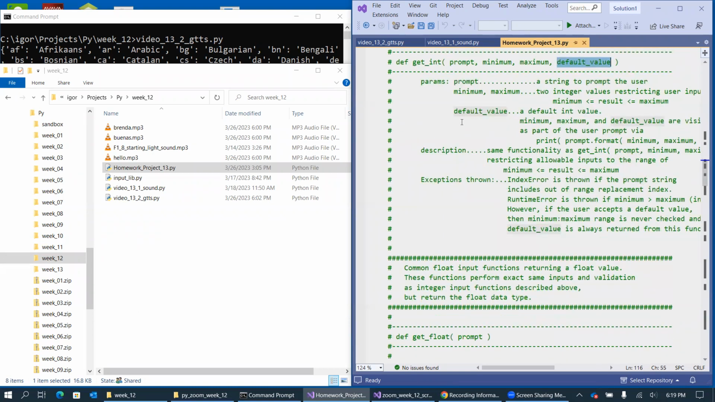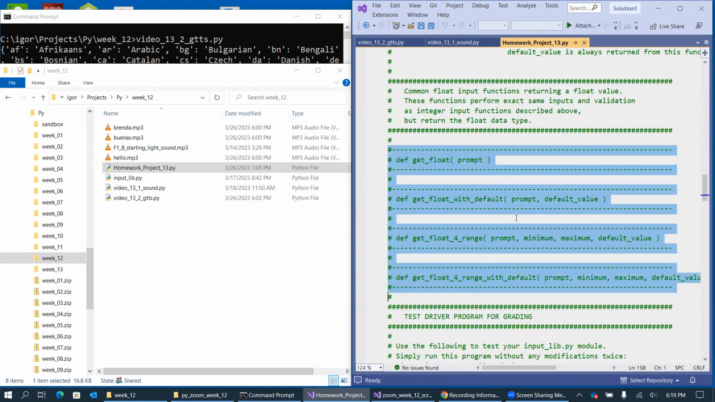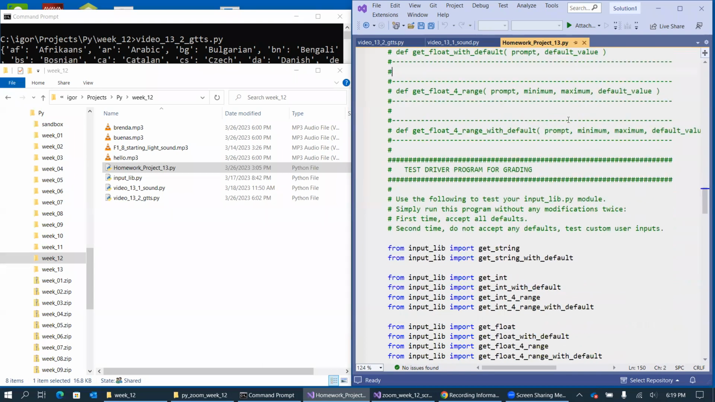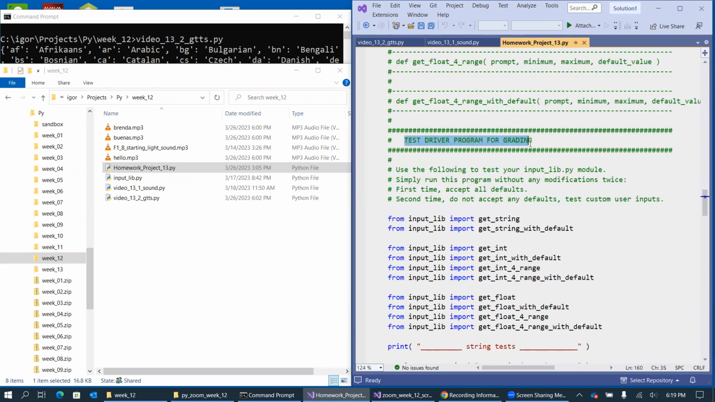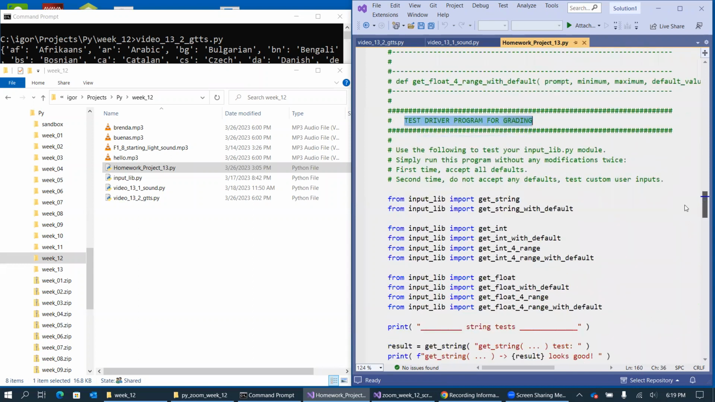And exactly the same set of functions we're going to create for common float input. So that these functions will be returning user input converted to floating point. So there are no detailed descriptions here because the rules are exactly the same. What comes next in this file, homework project 13, is this test driver program for grading. So basically, if you implement all of these functions correctly, and you include your module in this homework project 13,